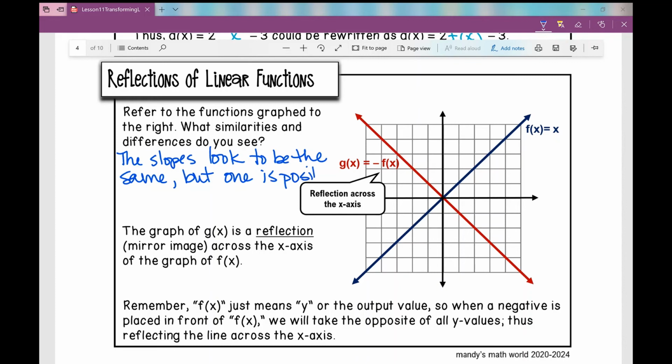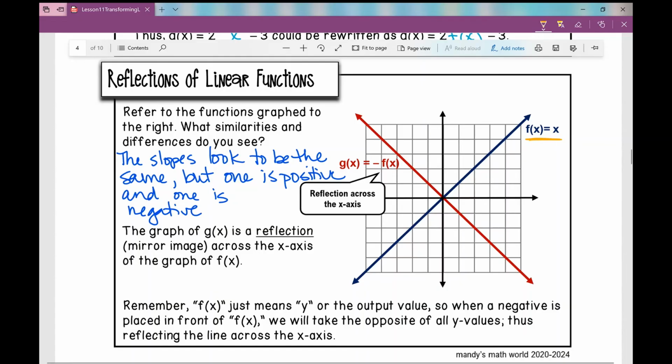One is positive and one is negative. So as you can see, they have the same y-intercept here. My slope is up 1 over 1. Here's my parent linear function, f of x. And then g of x, over here, it says negative f of x, okay, which means if, let's see,